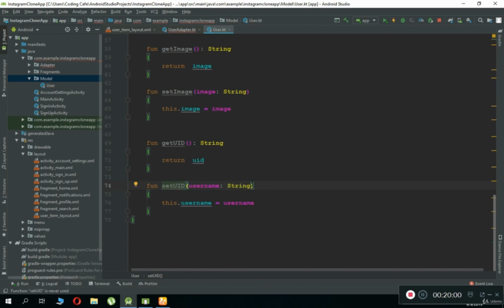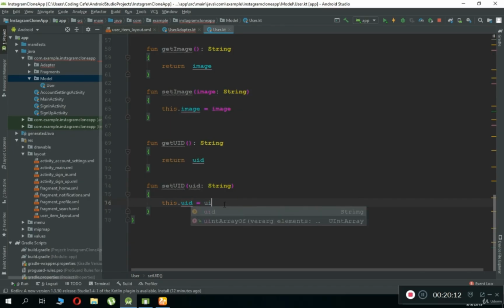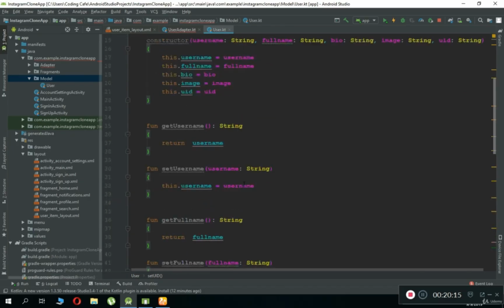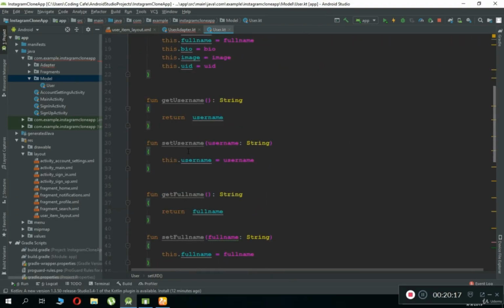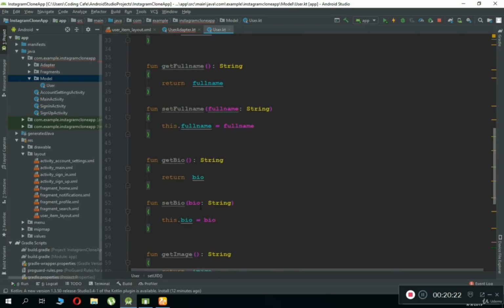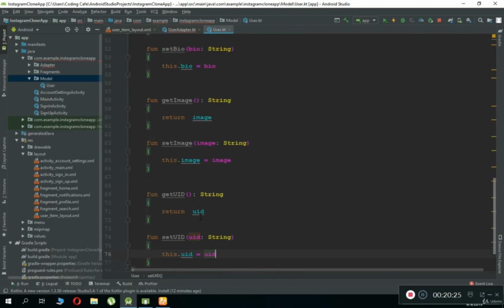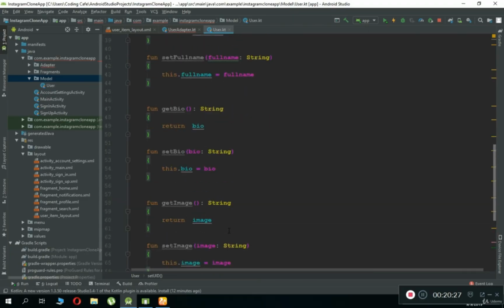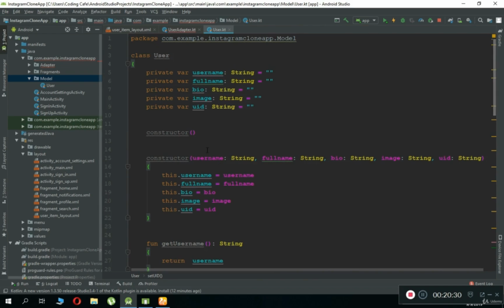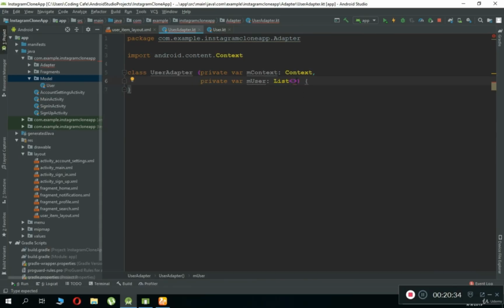Then we can say UID. That's it. And then the last one, UID and UID. So yeah, these are our setter and getter. Make sure that you do exactly the same. Okay, get username. Let me check it. Okay, make sure that you do not write anything extra. So yeah, finally, let's go back to our user adapter and pass the model class to